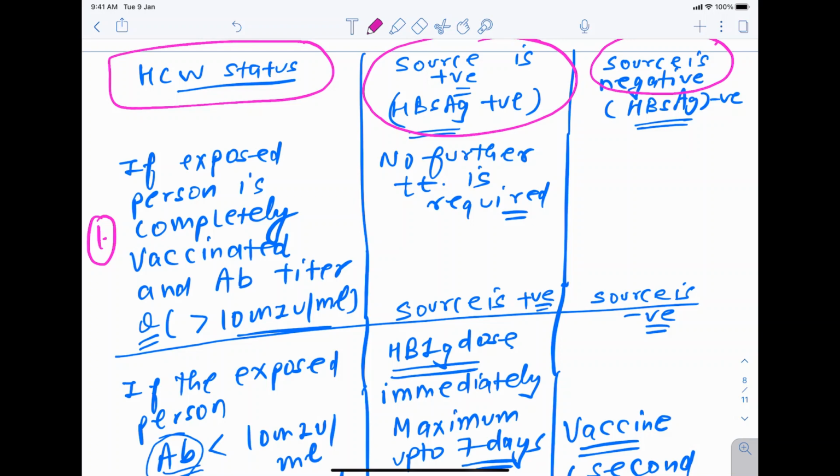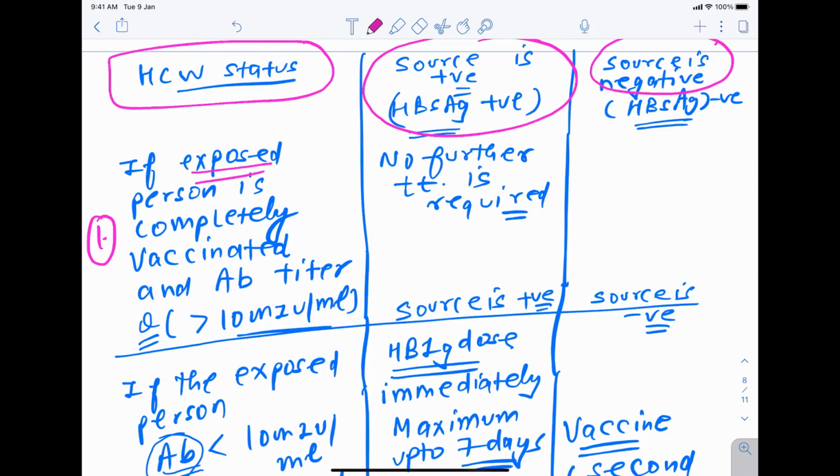If this healthcare worker is smart enough to take all the vaccination, complete vaccination, which most of the medicos have done, but some take it in a careless attitude, like, I had one, nothing will happen to me. That should not be your attitude. You should be properly vaccinated and checked for your anti-HBs titers. Otherwise, sometimes you have to pay a lot for that.